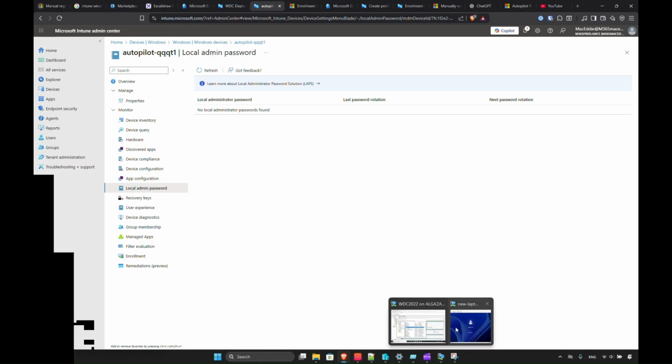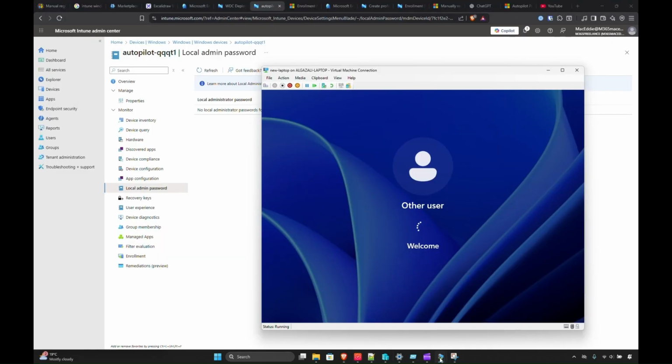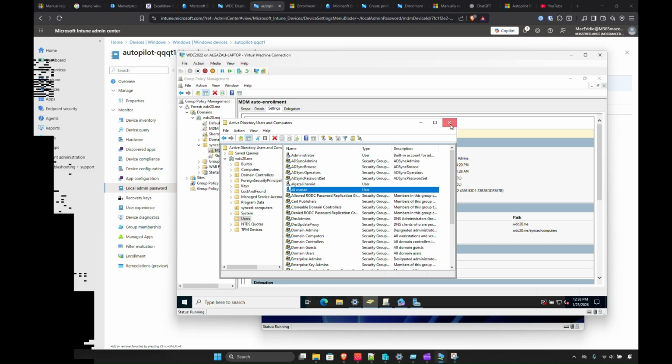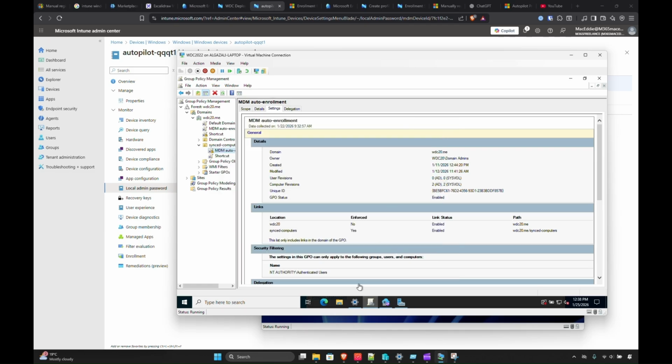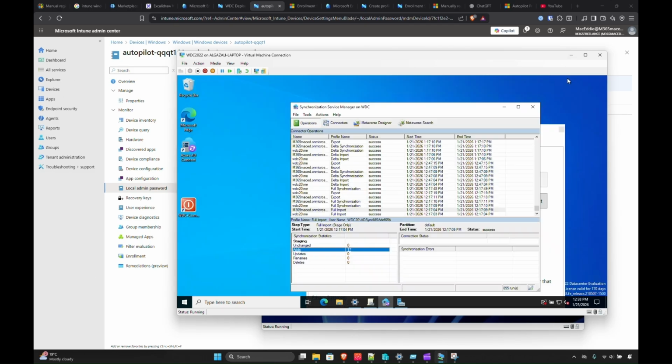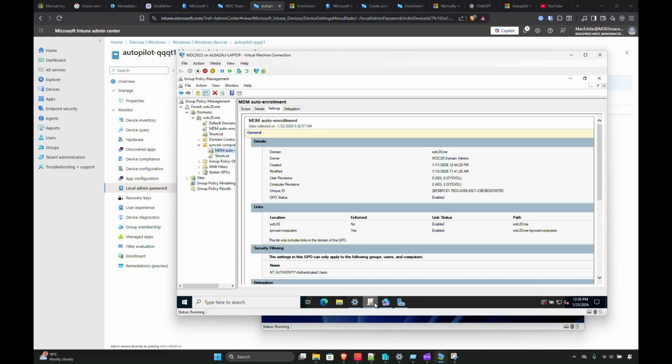But first, let's make sure the device is logged in and the group policy has already been applied to it. One of our group policies should be applied and should have this desktop setting. It's just an icon with google.com, because it's part of this. We have on-prem enrollment enabled, and the shortcut